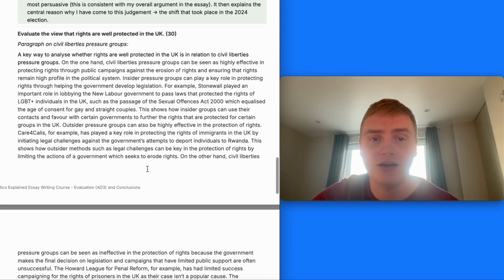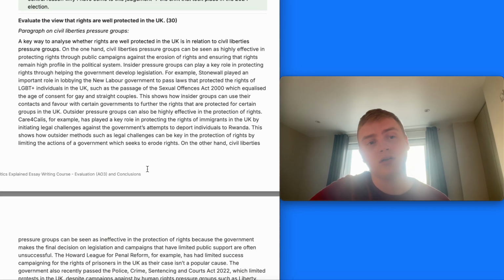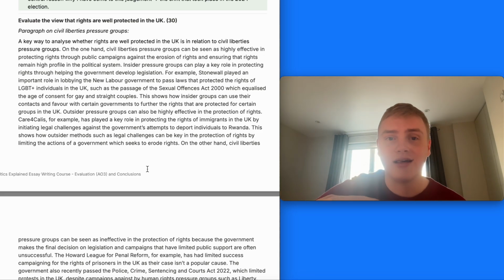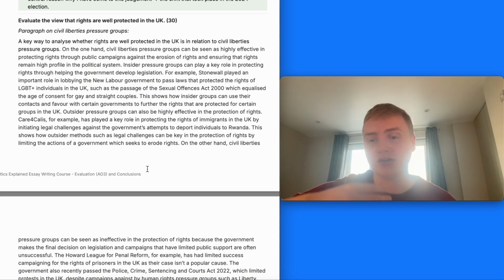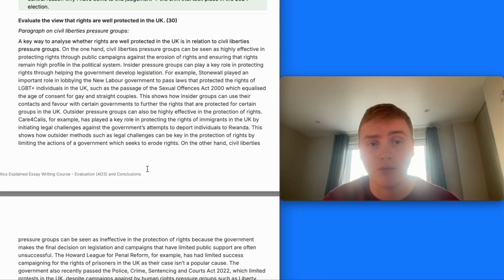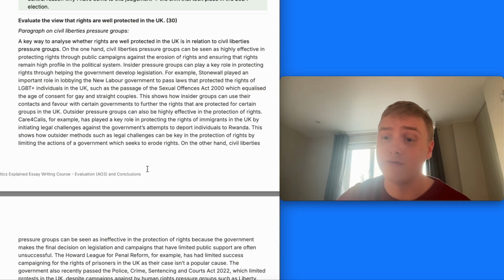The second paragraph here, again, I'll go slowly, so you can look at either side, evaluate the view that rights are well protected in the UK, and this one looks particularly at civil liberties pressure groups. So you've got the arguments that they are well protected because civil liberties pressure groups can hold the government to account, through outsider groups protecting rights through legal challenges,